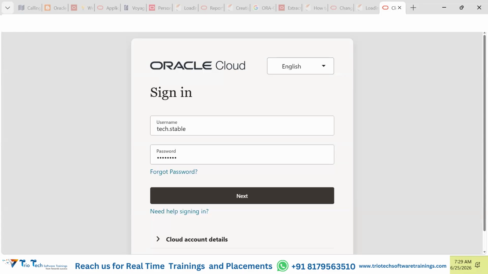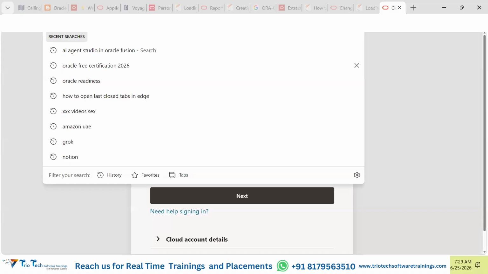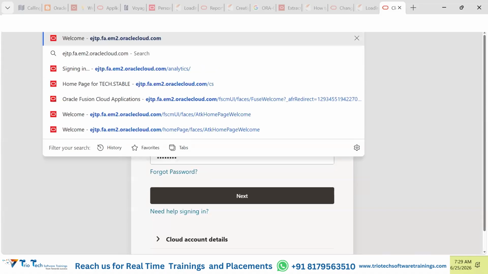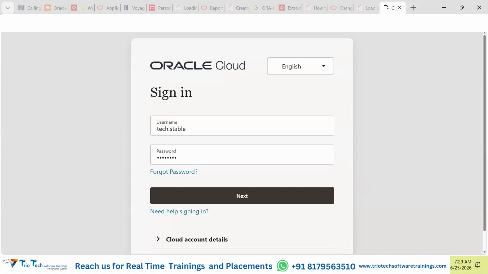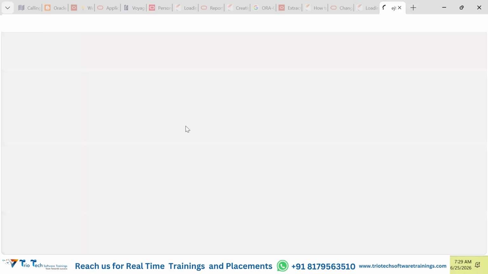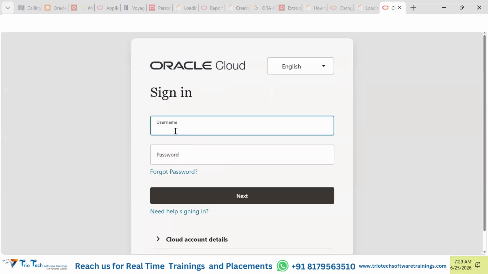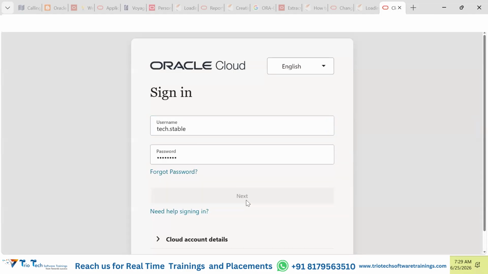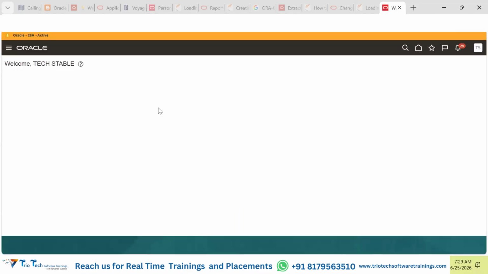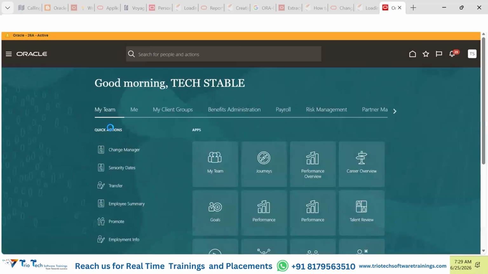Agreed? In the same way, guys, here also we have been provided with some sort of URL. Once you put that URL, if you have an internet connection, and hit enter, you will land on the login page. Once you land on the login page, you key in your username and password, click next, and that's how you land in the application. This is your application where you are supposed to play around and learn different things. This is clear, how to log in to the application.